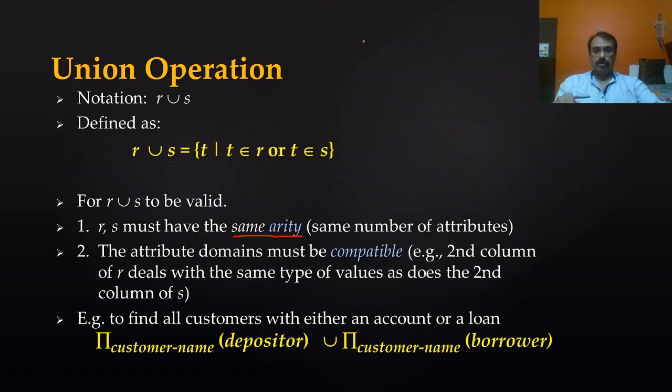Only thing is we need to keep in mind that both of them should have the same arity. So union is done with this symbol, and on very similar grounds you have the set intersection operation. In intersection, only common elements from both the participating relations will be displayed. Intersection is symbolized this way. These are the two set operations which we have been using for several years, so I will not go into much detail.